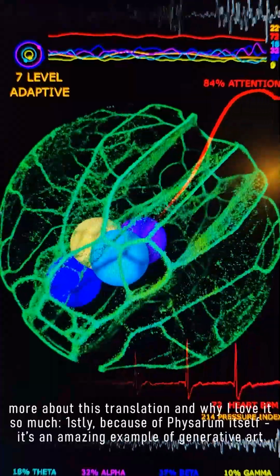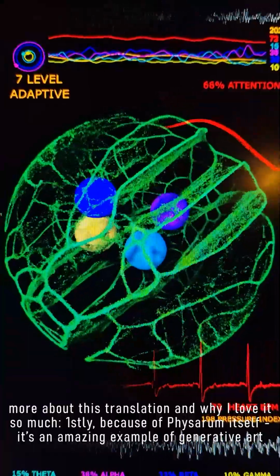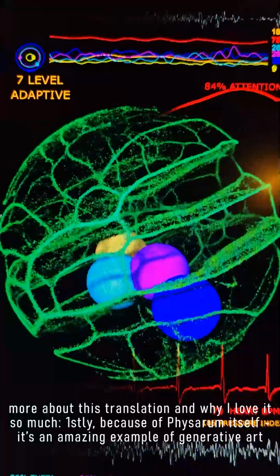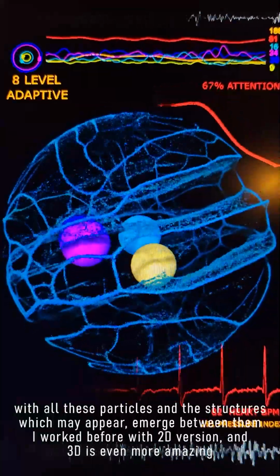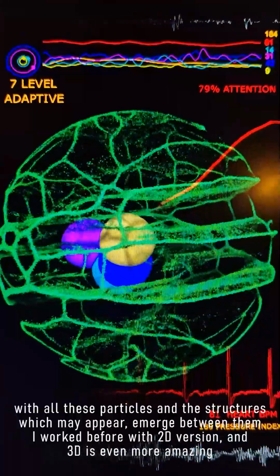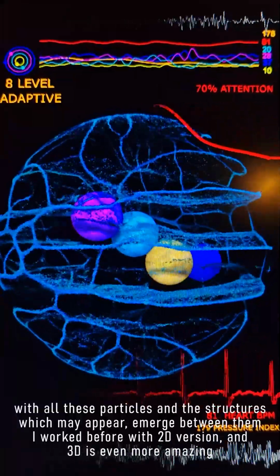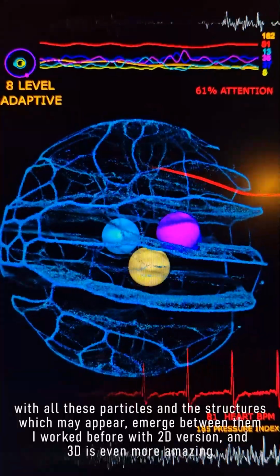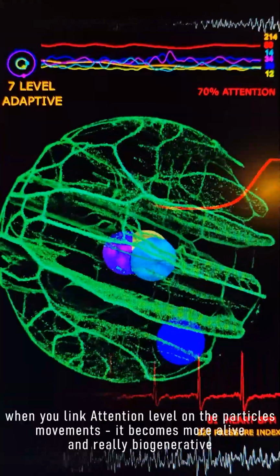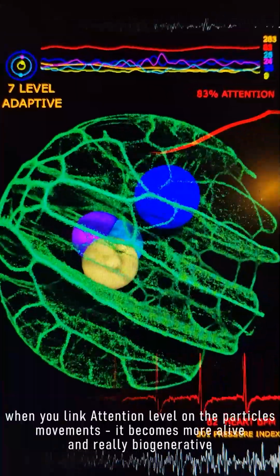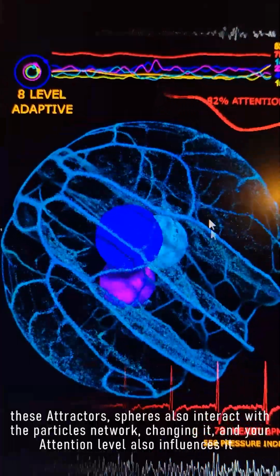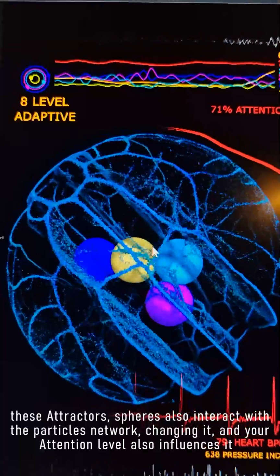A bit more about this translation and why I love it so much. First of all, because of the Physarum itself, it's an amazing example of generative art with all these particles and the structures which may emerge between the particles. And I worked before with a 2D version. In 3D it's even more amazing, and when you link attention to these particles' movement parameters, it becomes more alive and really biogenerative. And these attractors, the spheres, also interact with the particle networks and change them,